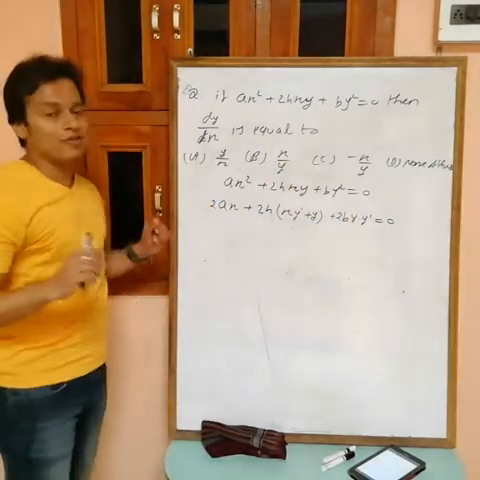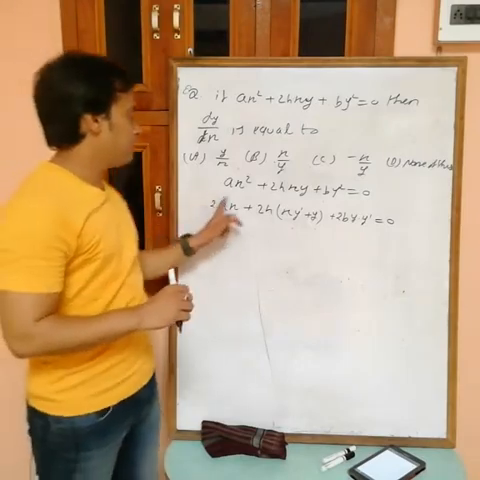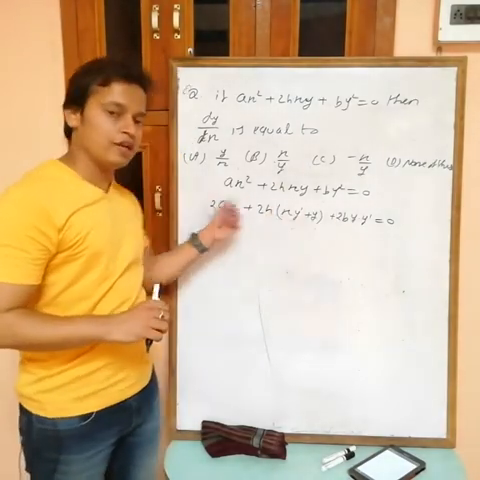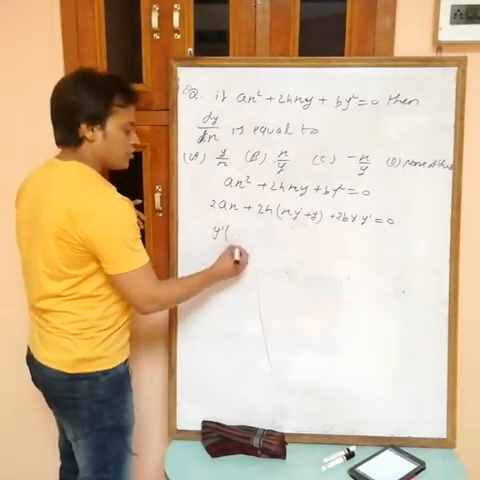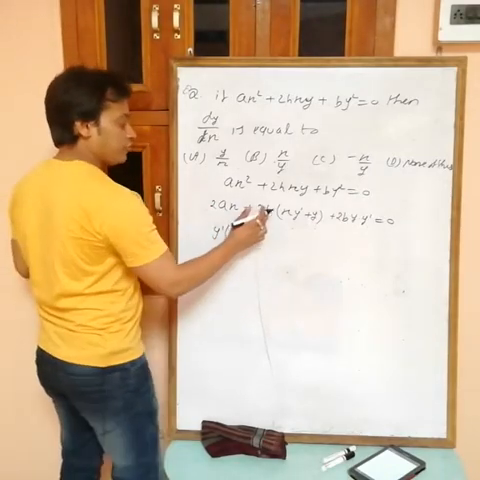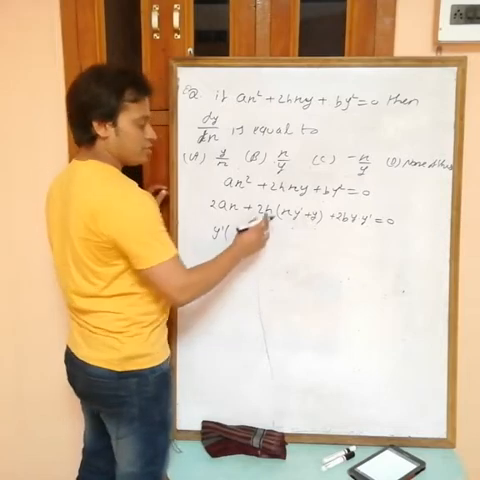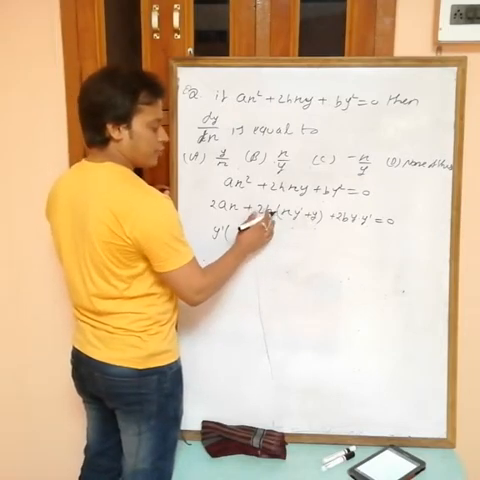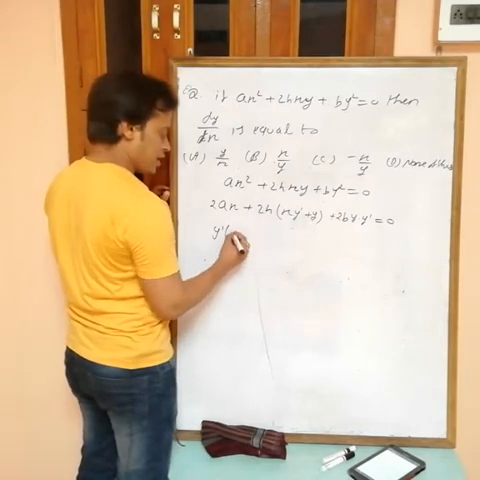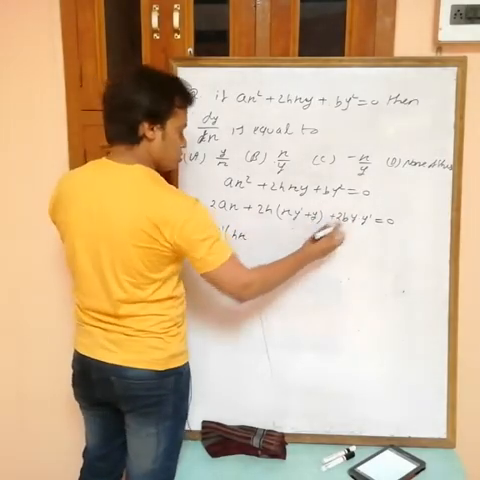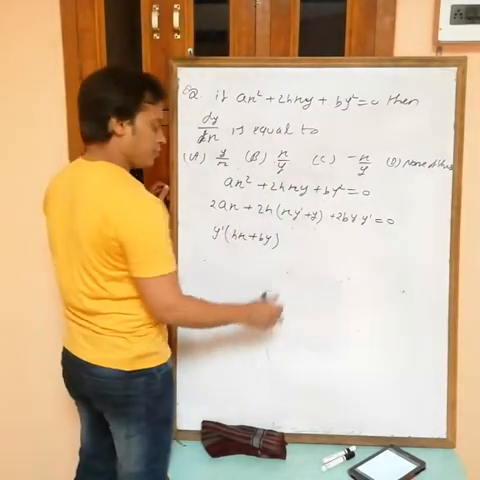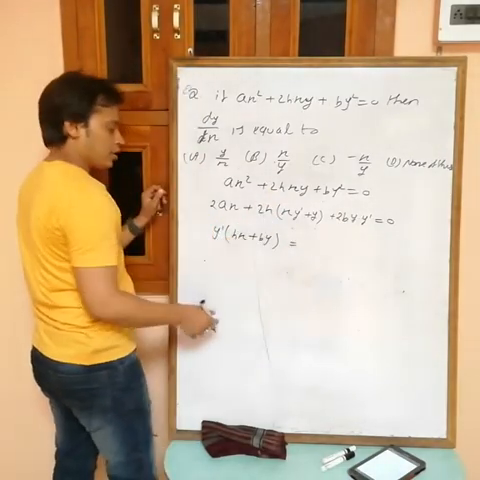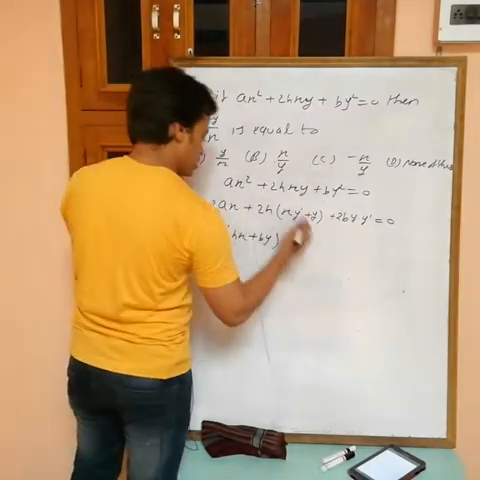Okay, now what do you want? Y dash. Now see one thing, taking common 2, 2 goes to 0. Okay, now what do you want? Y dash. So first take common y dash from this one. What is the coefficient of y dash? Hx plus by, 2 already goes to 0 now. Okay, and then the remaining term on the other side, so minus ax